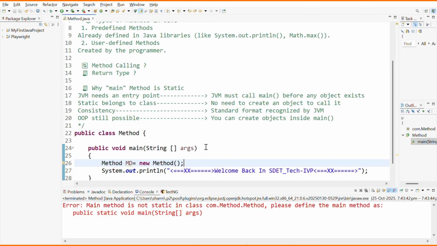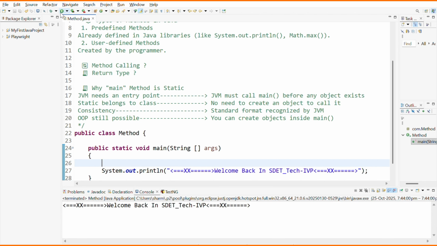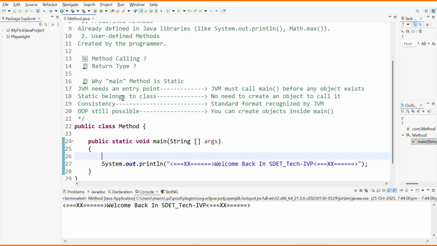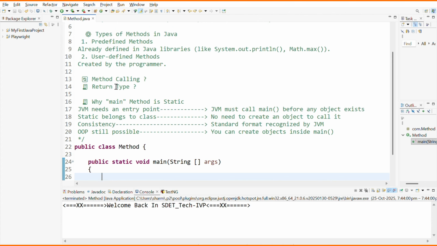unless I provide static here. So there is no need to create an object of the class if we use static, and static is also used for memory management. That's why we use the static keyword in the main method. So guys, there is one more topic we forgot: method calling,